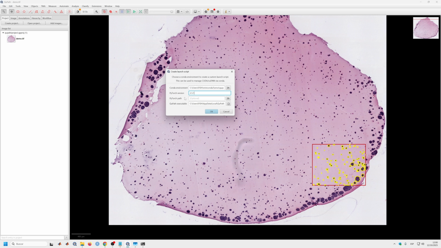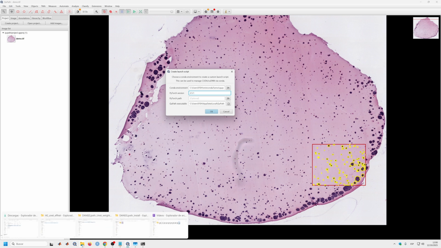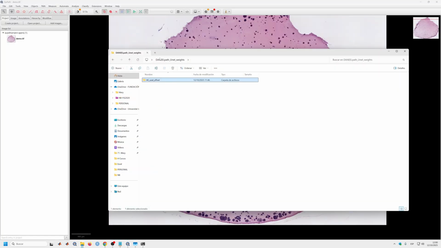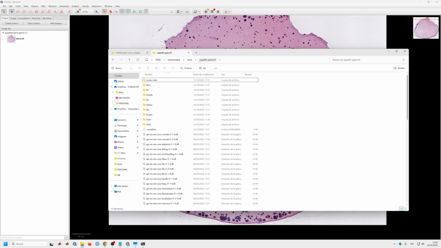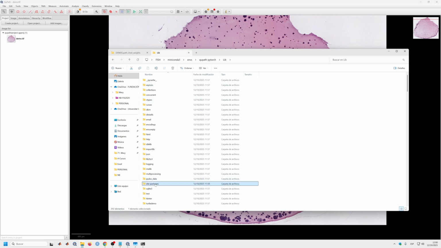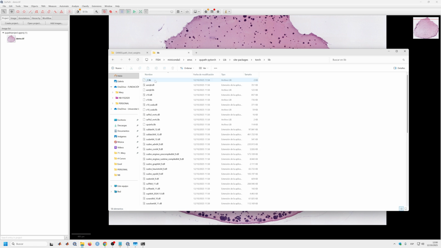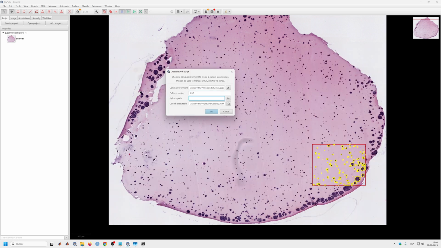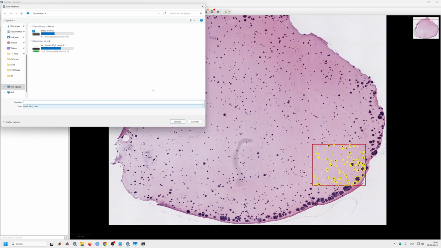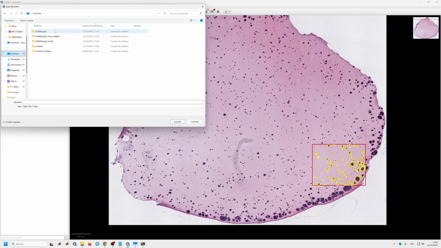And for the PyTorch path, the best thing that we can do actually is to take this path over here. Then we go to lib, site-packages, torch, and we find the lib. And we copy this path over here and we paste it. We set OK,